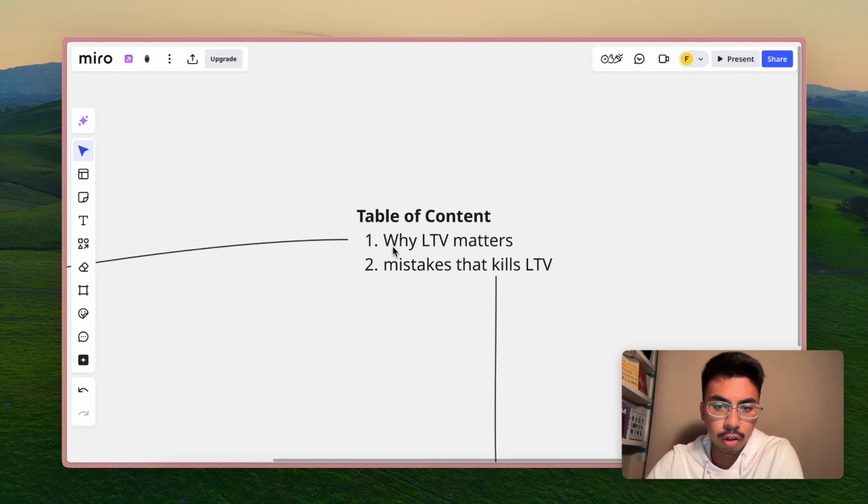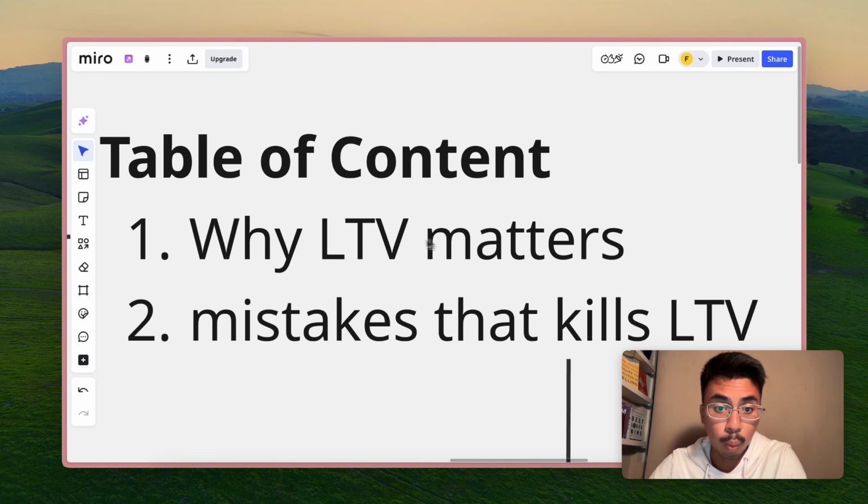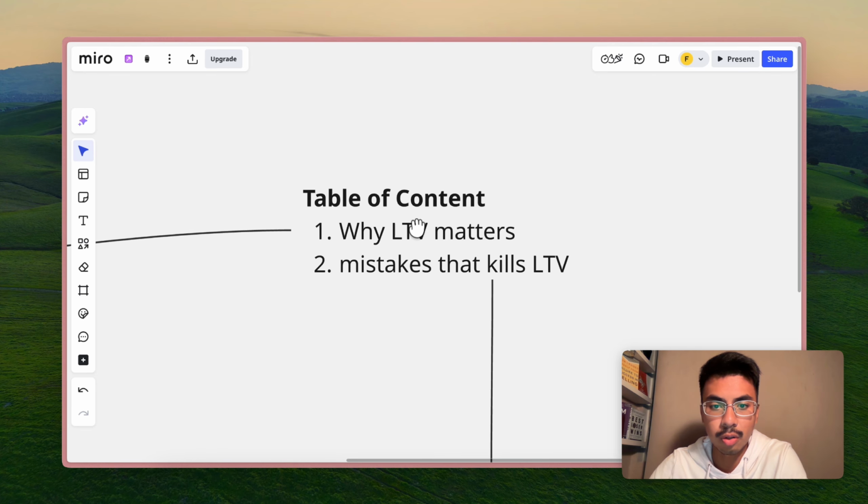And so this is the table of content. As you can see, we're just going to be covering two things. Firstly, why LTV, lifetime value, matters, because this whole concept of this video is a breakdown of lifetime value. We're going to get way more deeper into this, but firstly,